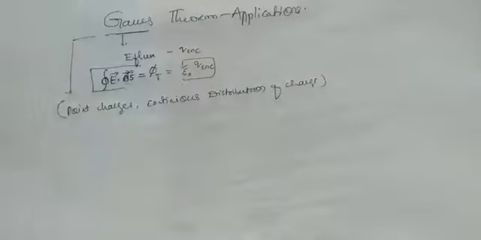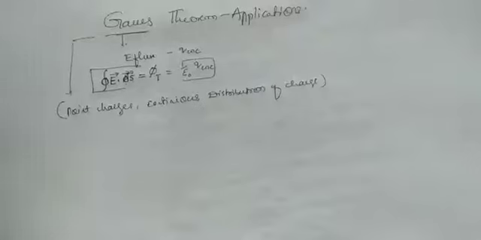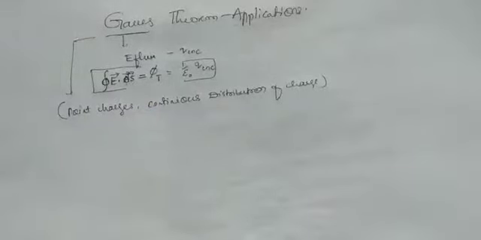Coulomb's law is also for point charges and also for distributions, but it is so complicated in the case of Coulomb's law. So to overcome the difficulty of Coulomb's law, we are using the Gauss law by taking integration for the small areas. So by using this Gauss theorem, what are the applications? If we know the charge enclosed by the surface, we can find the electric field. So here we are using the Gauss law.